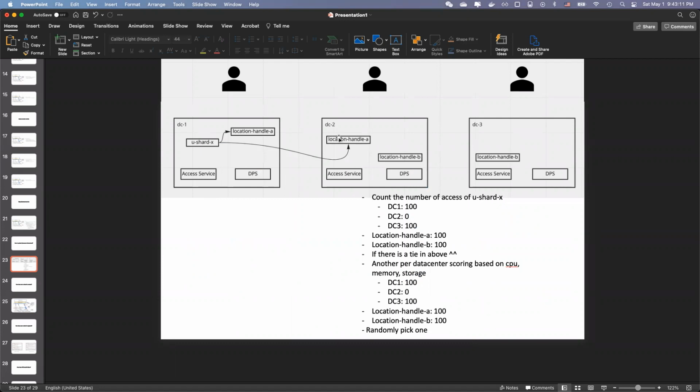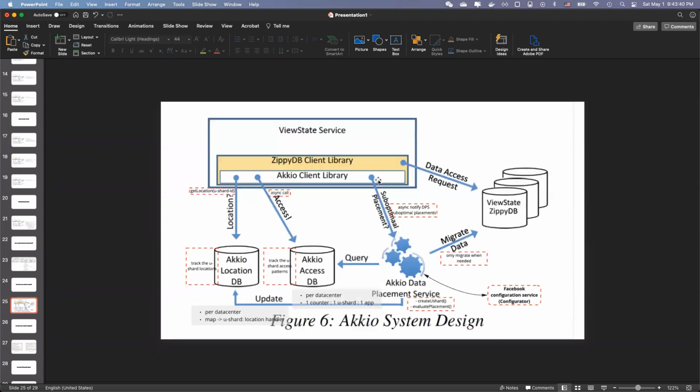So I'm guessing, from my understanding, it will choose the primary and write the data. Or if the underlying data store is not using a leader-based solution, if you're using leaderless, right, it could choose the one which is closer to the client trying to write the data. This is from my understanding, not mentioned in the paper. Okay, so